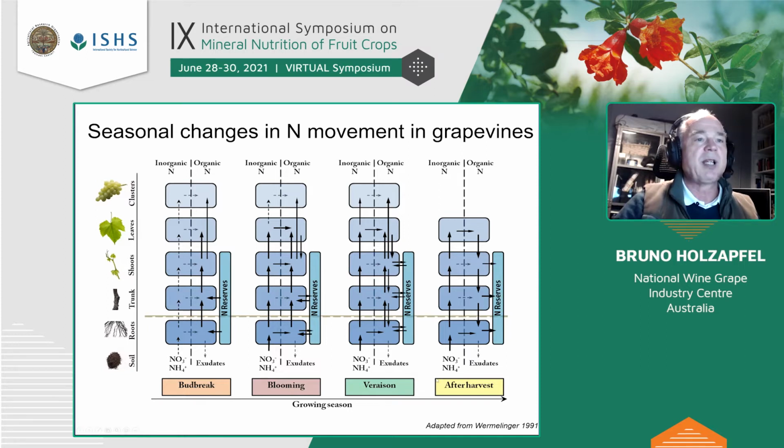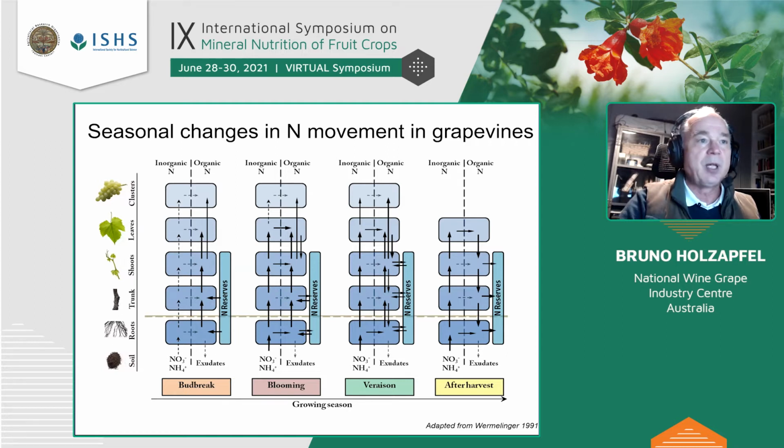and this is continuing in that period until veraison. The reserves play less of a role, but now we have the ripening period, so there's still a lot of uptake there, depending on the yield. Some of it flows back into the reserves. But more importantly, after harvest, if the nitrogen reserves are depleted by a large crop or a drought situation, then it becomes important that the reserves are filled up for the next season. Of course, in some cooler grape-growing regions there's no post-harvest period, so these reserves have to be filled